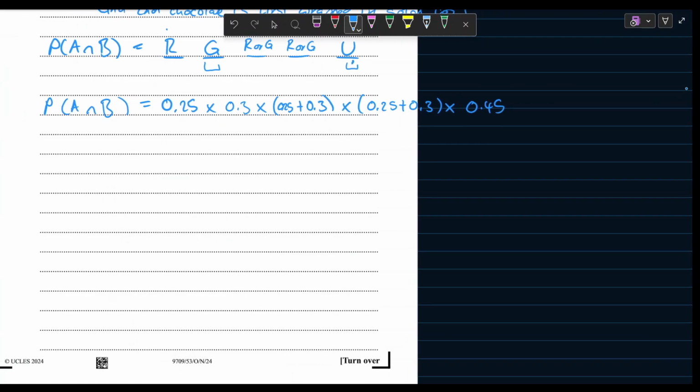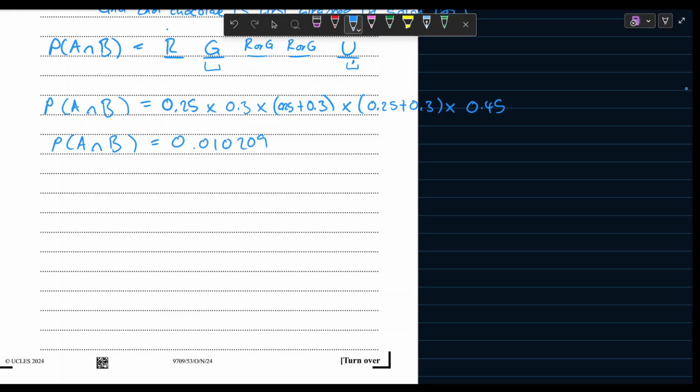Okay, so the probability of A intersection B is equal to, let's punch this into the calculator, that's 0.25 times 0.3 times 0.25 plus 0.3 times 0.25 plus 0.3 times 0.45, and this gives us